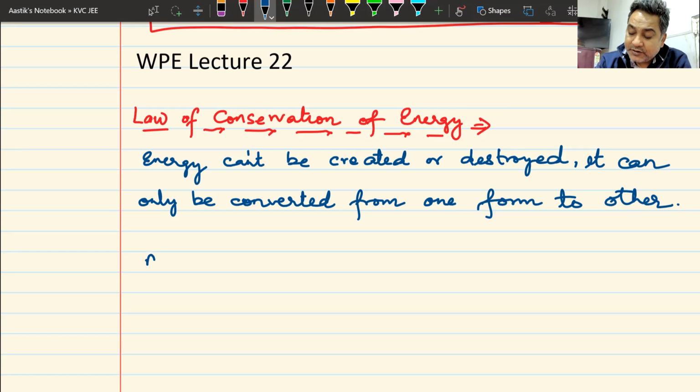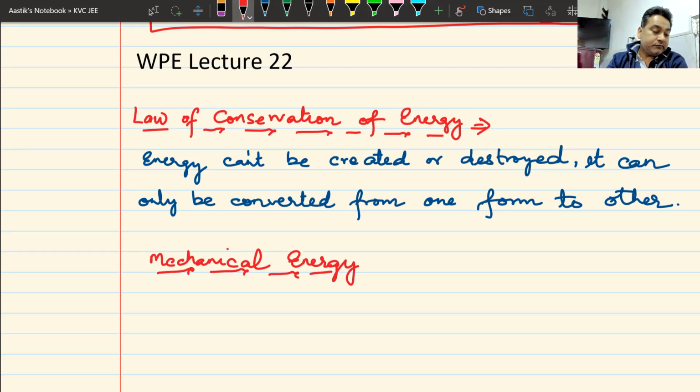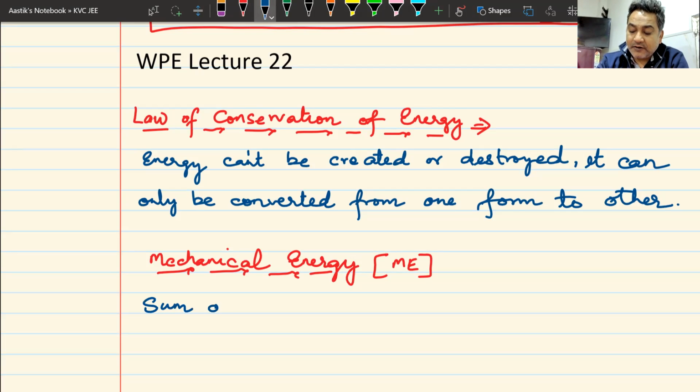But now what we are going to do is understand a term which is known as mechanical energy. Have you heard this term mechanical energy? You can write it in short form as ME, mechanical energy, ME. What is this mechanical energy, anyone? We have created this term which is known as mechanical energy. And what is this mechanical energy? Sum of